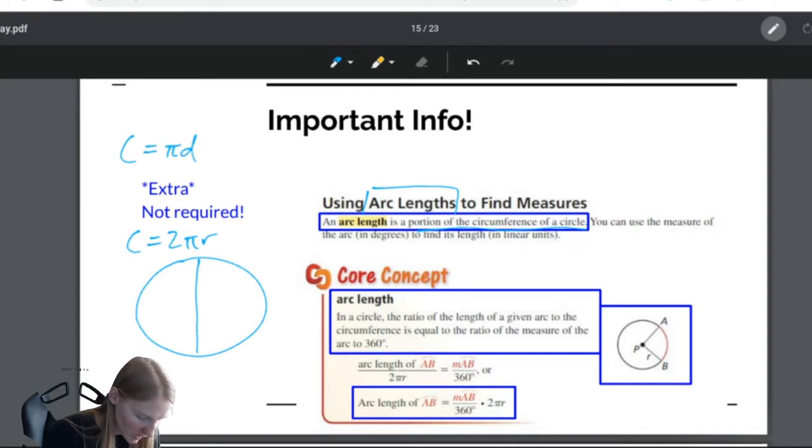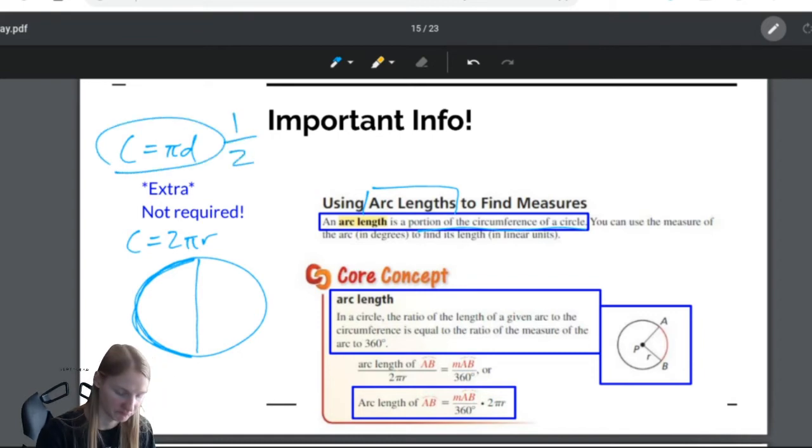So if I wanted to find the circumference of half of a circle, all I have to do is take half of the circumference. Half of the circumference gives me this portion of the circumference right here. And we call this an arc. I mean, this would be a semicircle, but this arc, if I want to find the length of an arc,